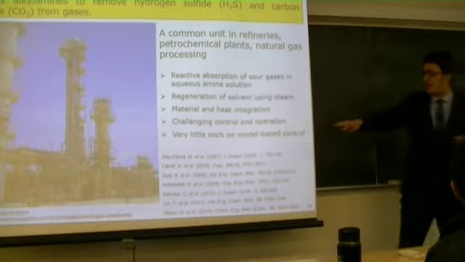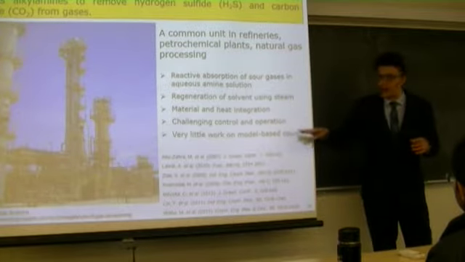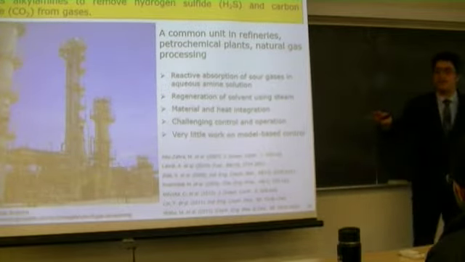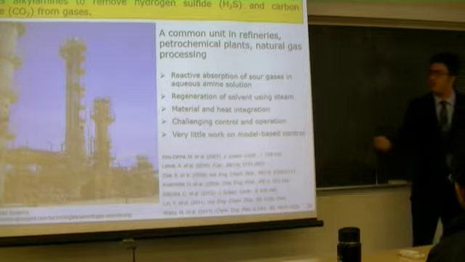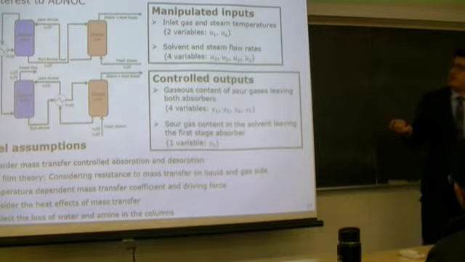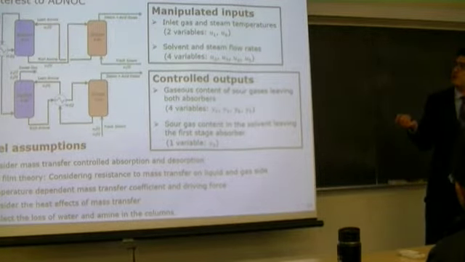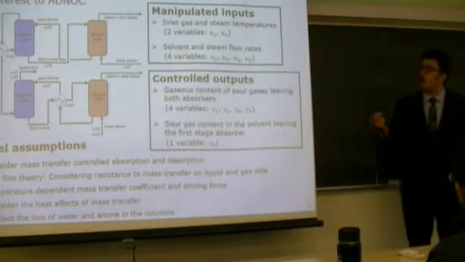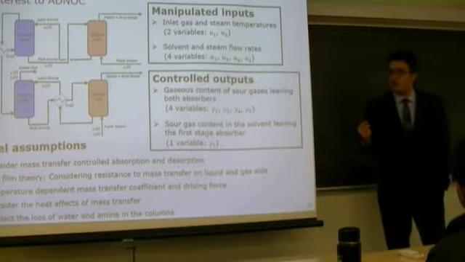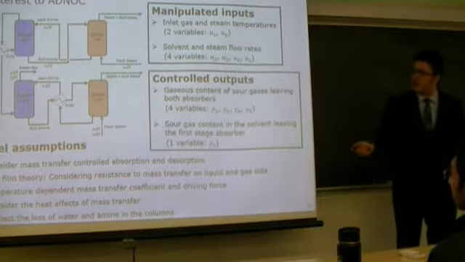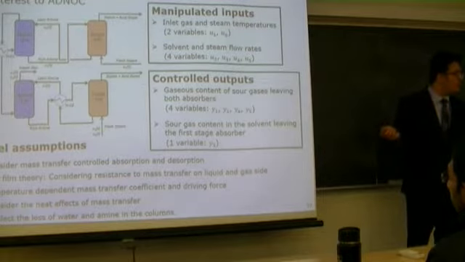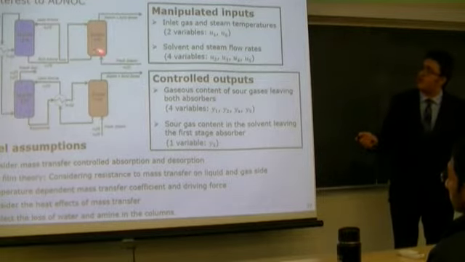And very little work in this area has been done on the model-based control of amine gas sweetening plants, and most of them only focus on very specific configurations. In this study, we focused on a two-stage amine gas sweetening plant, which is of interest to our industrial collaborator in Abu Dhabi National Oil Company. The process that they currently have, and where they are going to implement this method, is a two-stage